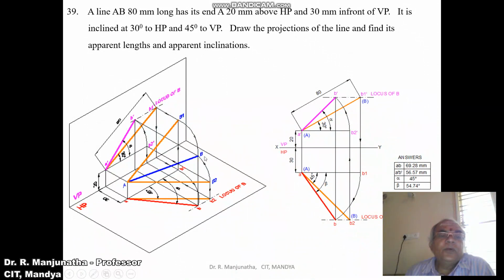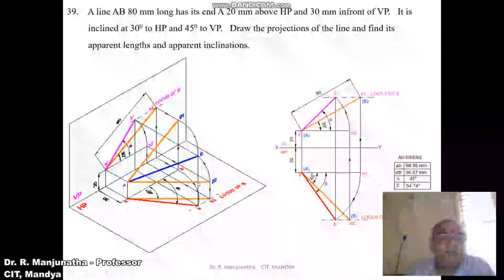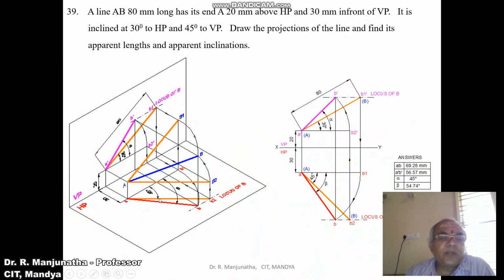Now similarly, I am going to look from the front view. When you look from the front view, both A and B2 are equidistant from the horizontal plane. So that means A is above HP by 20 mm, B2 is also above HP by 20 mm. So the line is going to become parallel to HP. Once the line is parallel to HP, we are getting the true length in HP. So the length of this line is 80 mm and the length of this line will also be equal to 80 mm. That is the meaning of the true length. So this is the actual length.